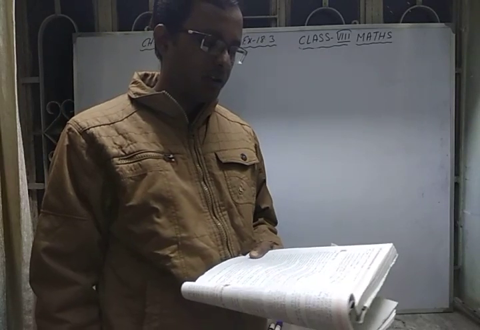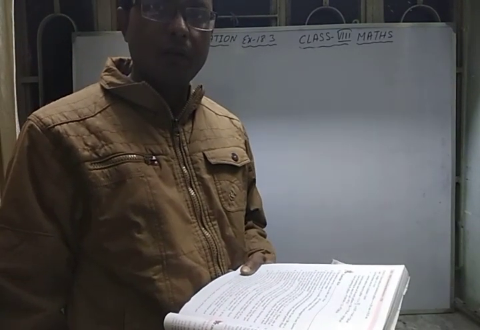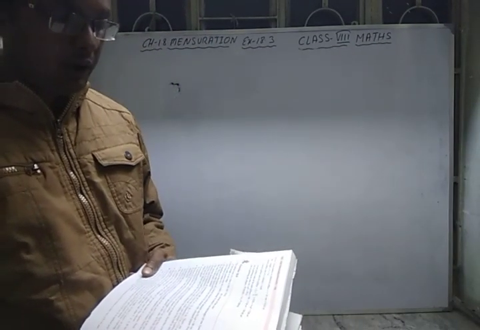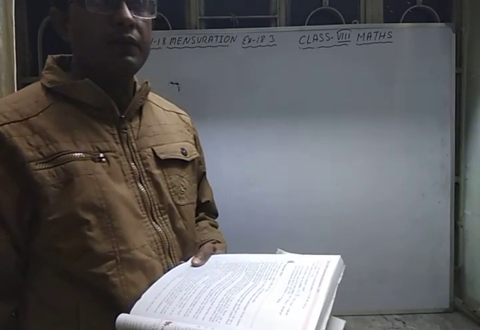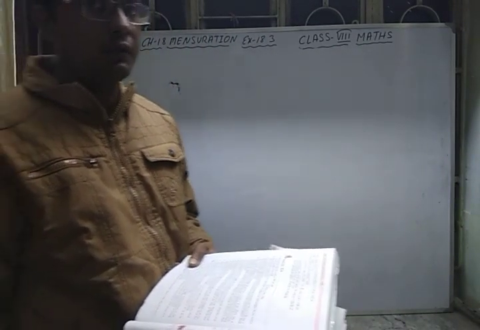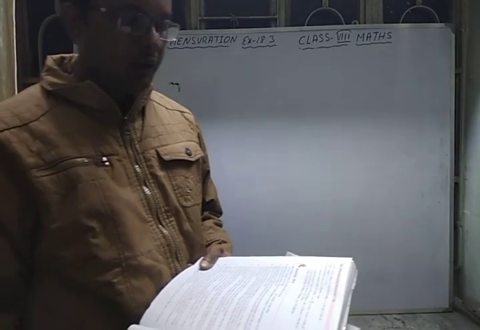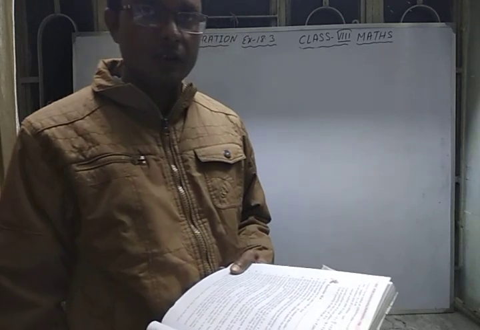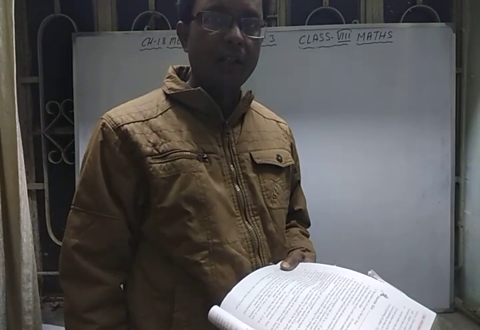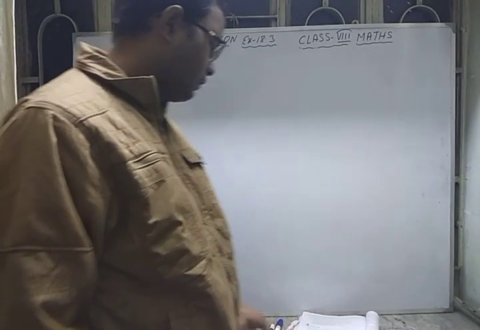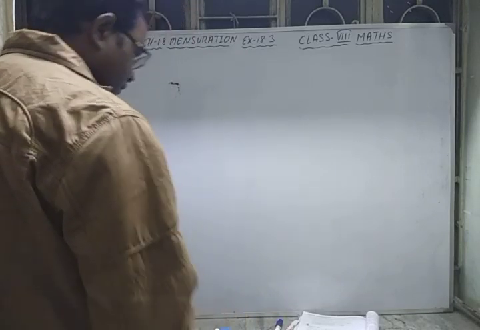So, a very important question. First of all you have to find the area of the 4 walls. From the area of the 4 walls you have to subtract the doors and windows, because generally when we do whitewash we don't whitewash the doors and windows; we paint them in a separate color. So while finding the area of the 4 walls which has to be whitewashed, we have to subtract the areas of doors and windows. Okay. So first of all we will have to find the area of the 4 walls.